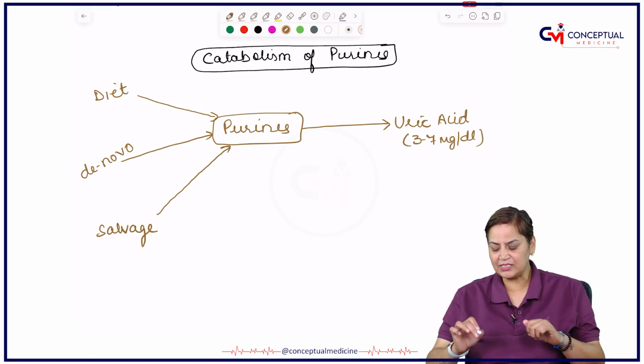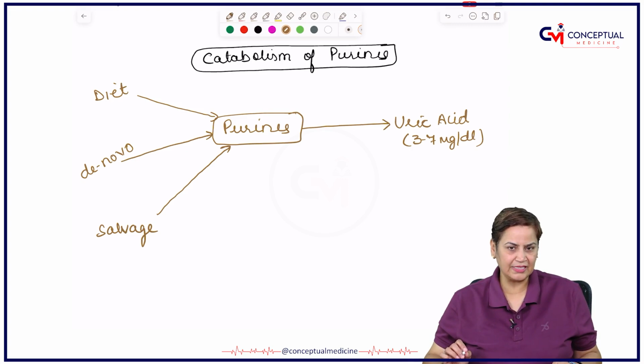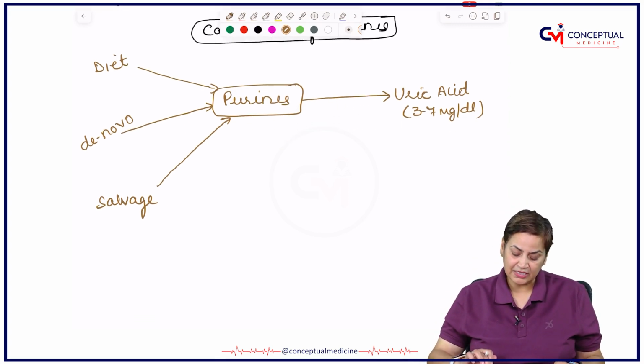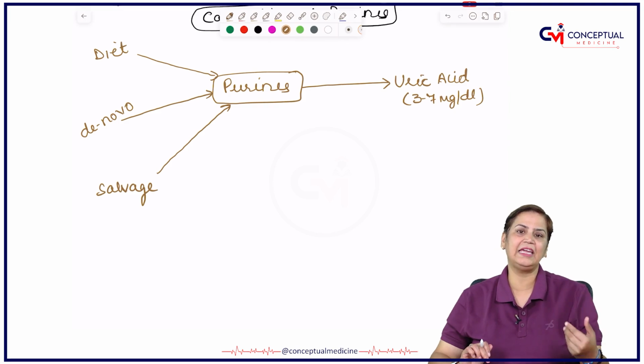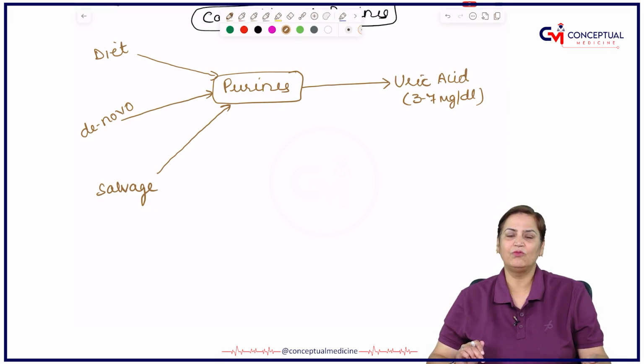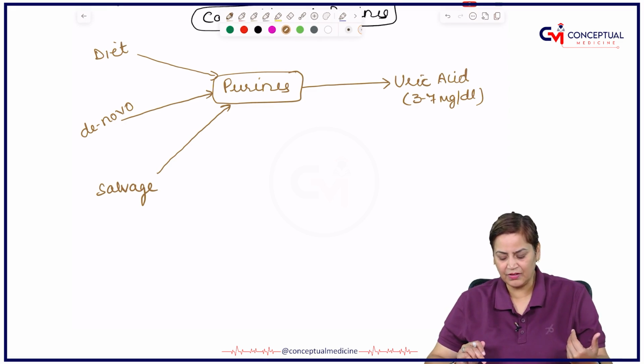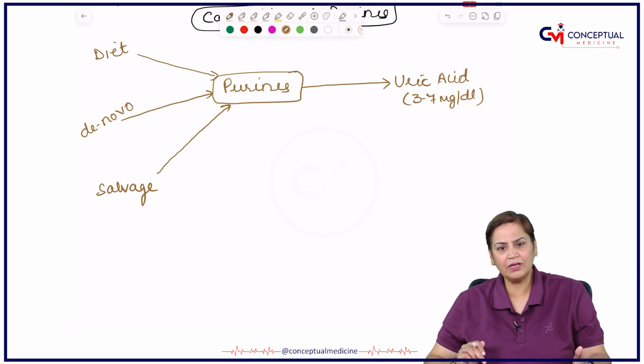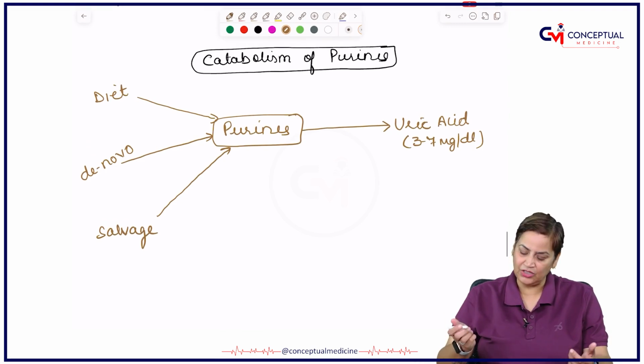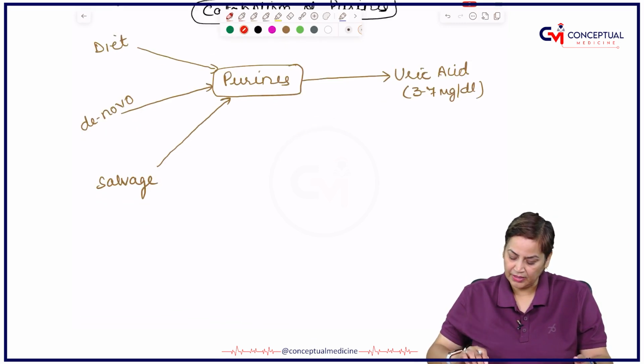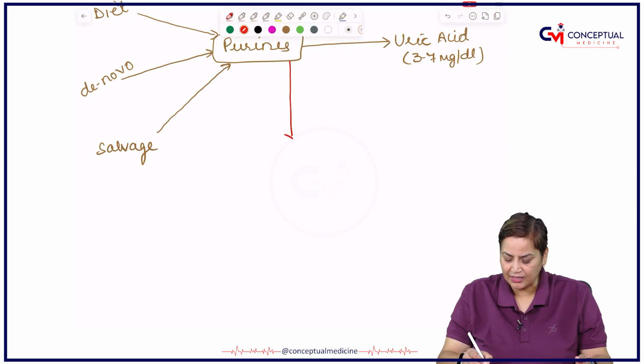So how these purines will be converted into uric acid, this is what we are going to study here. Plus, if there is any abnormality in the enzyme, what are the inborn errors of metabolism associated with this. This is how we've been studying in all our previous videos: how a particular thing is synthesized, how it is degraded, and if there is anything wrong with the enzymes, what it leads to. So the catabolic product is uric acid, and the metabolic errors of purines are mainly